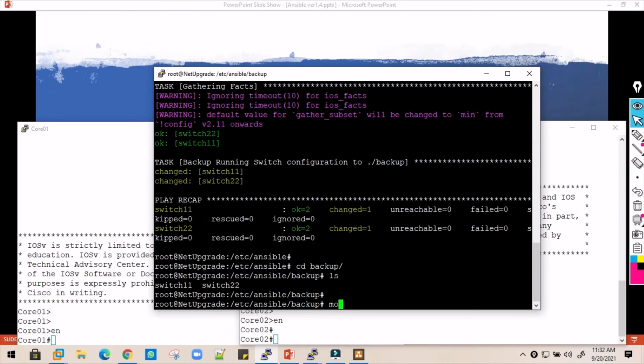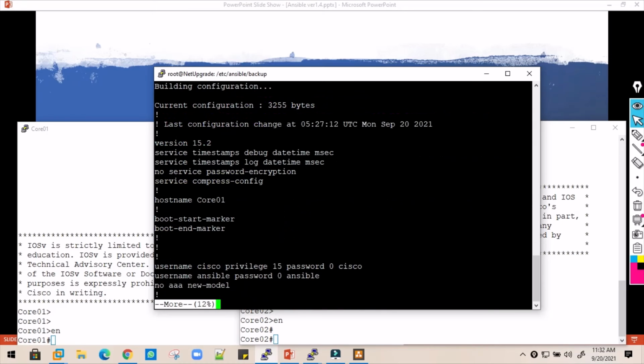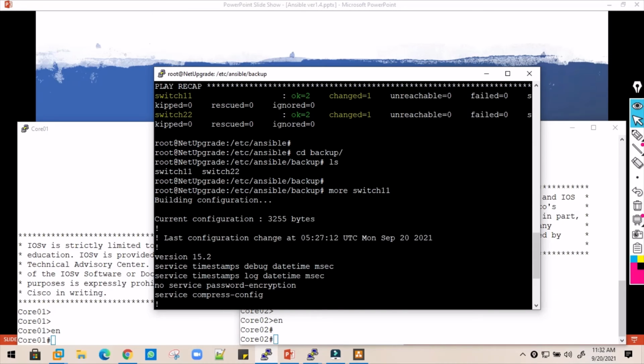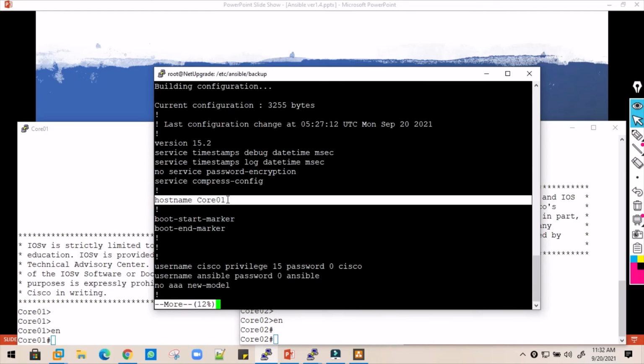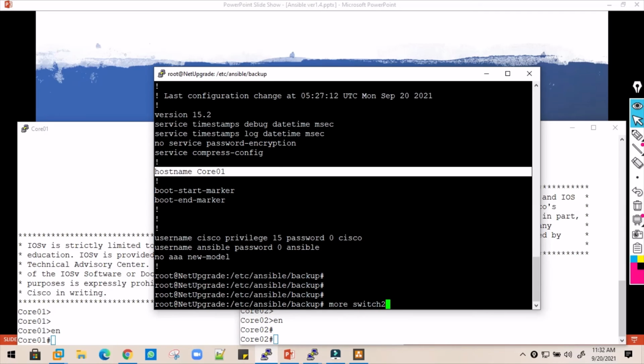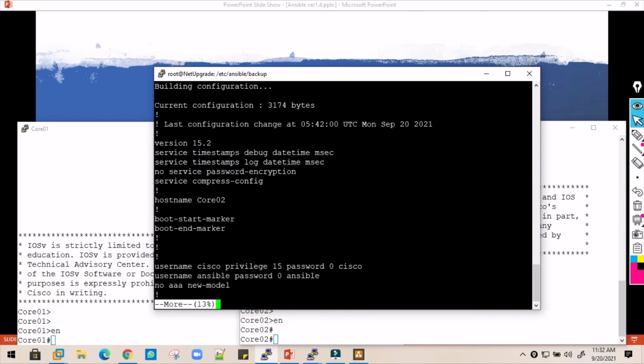Now let's verify the contents, whether it is switch 11 contents or switch 22 contents. The command is more and the name of the file, and as soon as we run it, we can see the host name in the file is core01. Let's execute more switch 22, and now we can see the host name is core02.